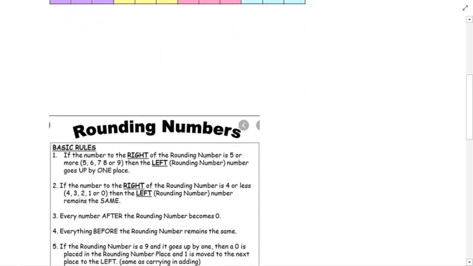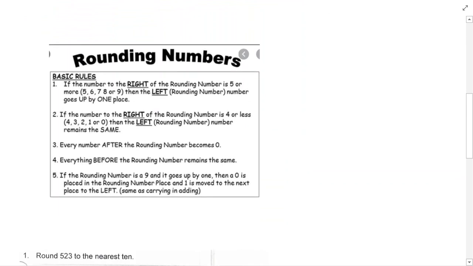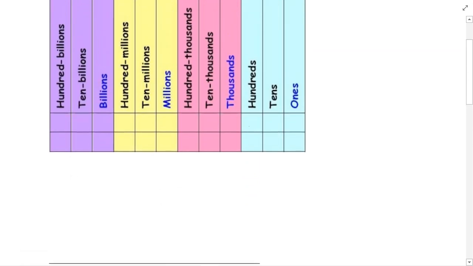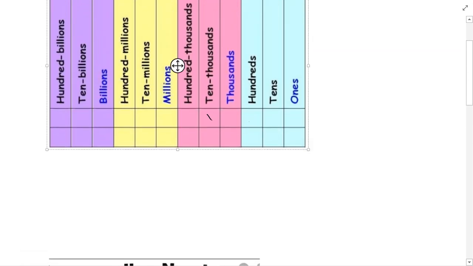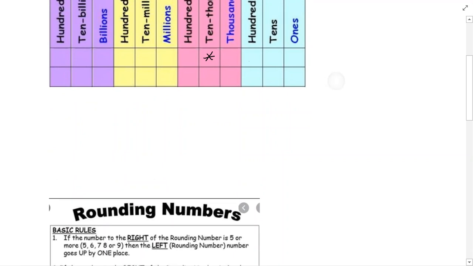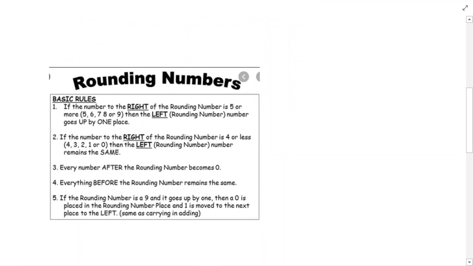Now we're going to talk about rounding numbers. And so I've put these little rules here, basic rules. If you're supposed to round to a particular place value, or to a particular place, say you're rounding to the 10,000s place, okay, you look to the digit to the right of it to make a decision. Here's what it says. If the number to the right of the rounding number is 5 or more,